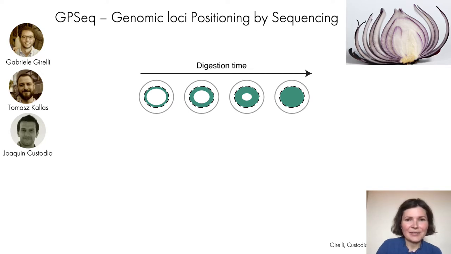So GPSeq stands for Genomic Loci Positioning by Sequencing. It was developed in my lab by Gabriele Girelli, Tomasz Callas, and Joachim Custodio. And I always use this analogy to an onion for this method, because here what we are doing is sort of peeling the nucleus like an onion, trying to understand what DNA sequences tend to sit in which of its concentric layers, basically. So in GPSeq, we have developed a protocol for gradual digestion of fixed chromatin by a restriction